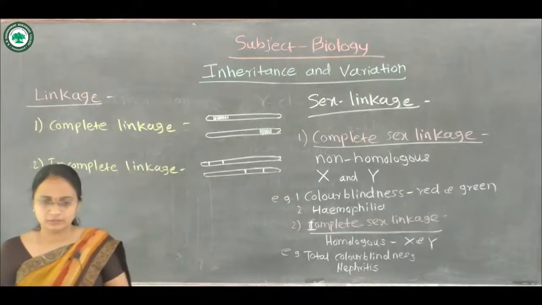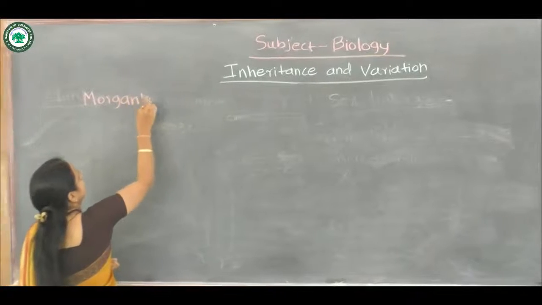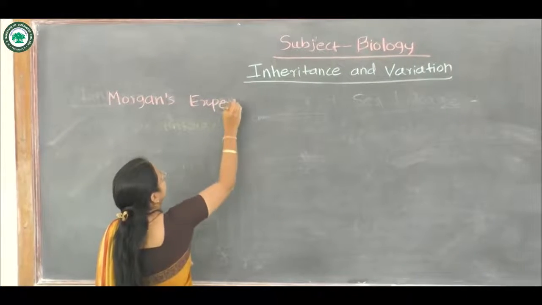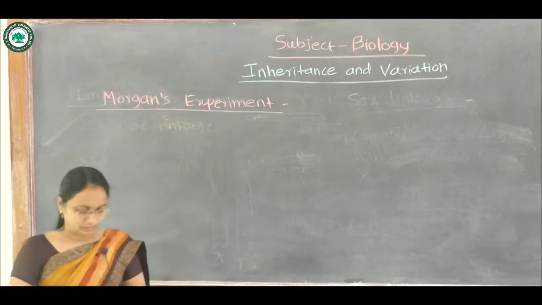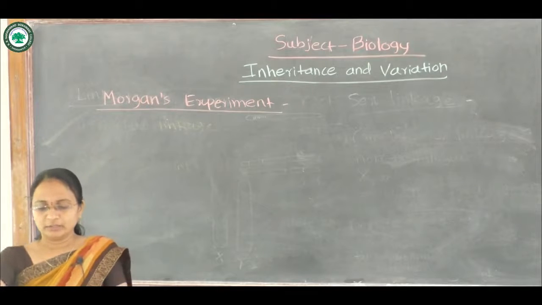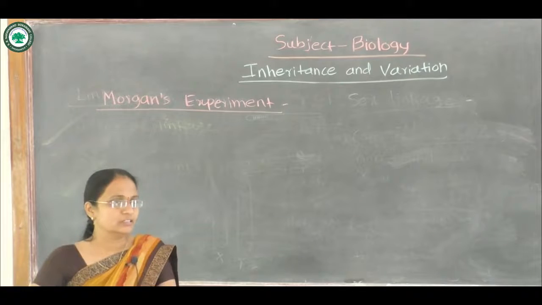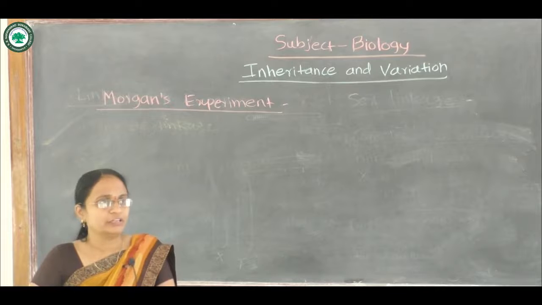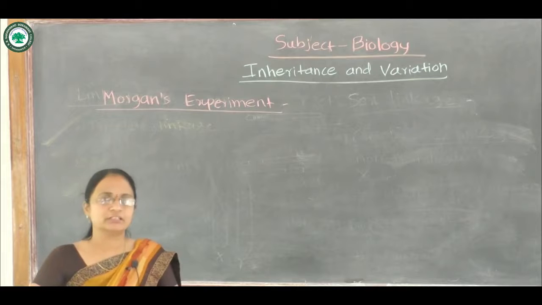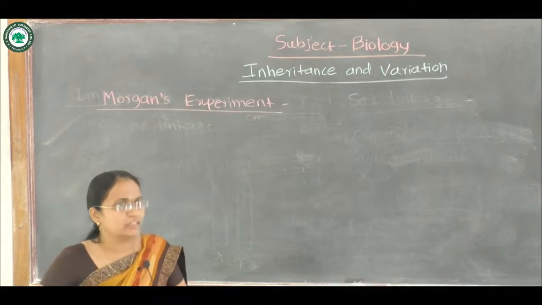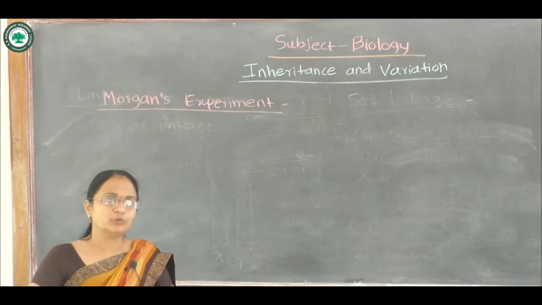Okay. Then come towards Morgan's experiment. This scientist described and identified the crossing over phenomenon. This crossing over is where the genes can be transferred from one chromosome to another chromosome, and that crossing over takes place, as we have studied in 11th standard, in the different stages of meiosis, after in meiosis, the different stages of prophase first.